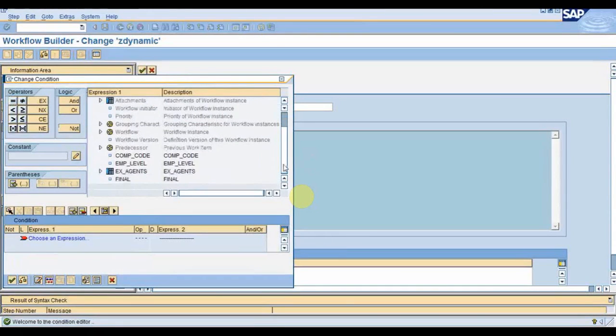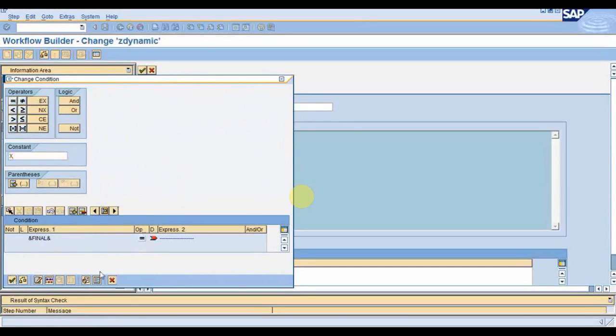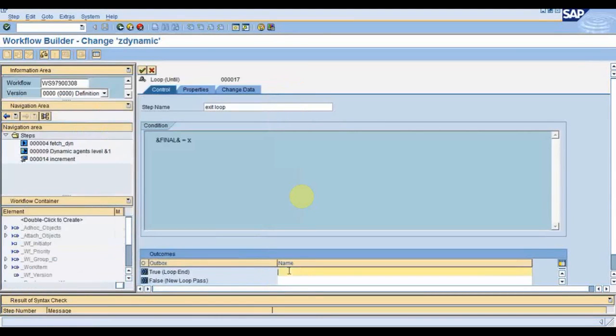In expression choose the final, in the operator choose equal to, and in constant choose checked. So whenever the final is checked, the loop will end, and if it is false, then the loop will pass. Give the true false value.